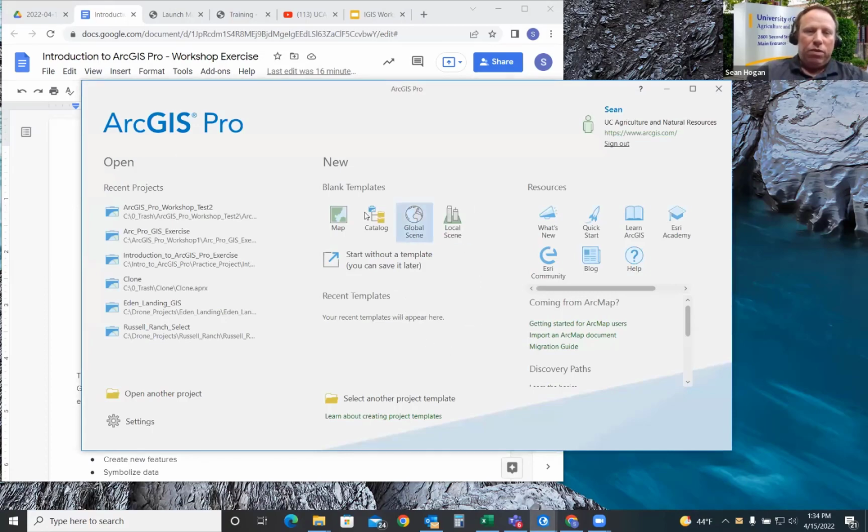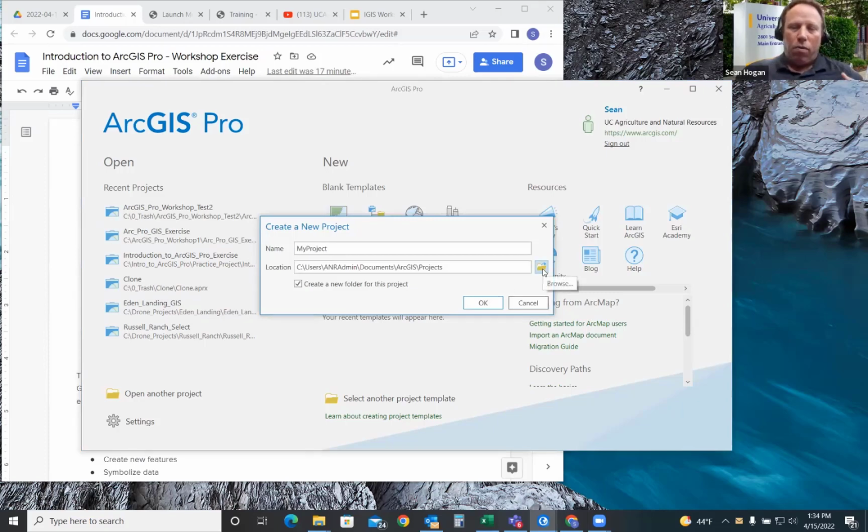Next, we'll click on Map. When it comes up, it should look more or less like this. In the introductory emails, we recommended trying to get a license from IGIS. The reason for that is because some organizational accounts don't have all of the extensions or the access to ArcGIS Online and Living Atlas that we refer to. This is one of the reasons why we're running this test. But if you have one of our licenses, it should look more or less like this, wherein we can start a new map by clicking Map.